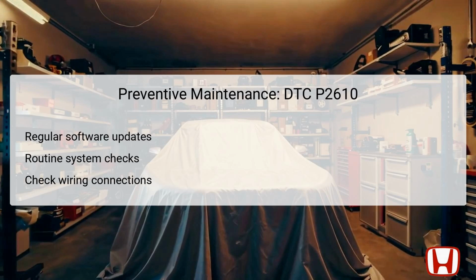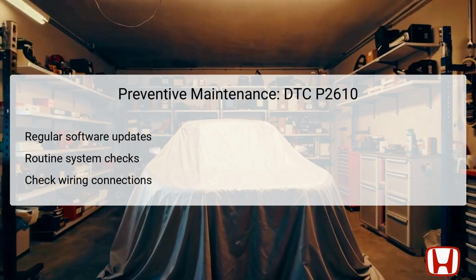Routine checks of the vehicle's systems, including the electrical connections and wiring, can significantly mitigate the risk of intermittent failures and DTCs. Inspecting wiring for any signs of wear, corrosion, or damage on a regular basis can preemptively address potential issues. By adhering to a strict maintenance schedule, owners can maximize vehicle longevity and reliability, reducing the chance of costly